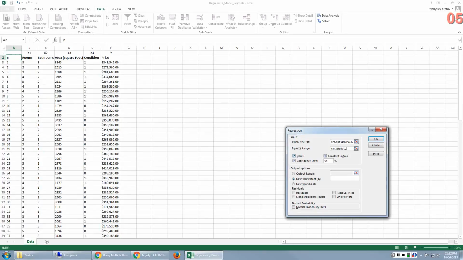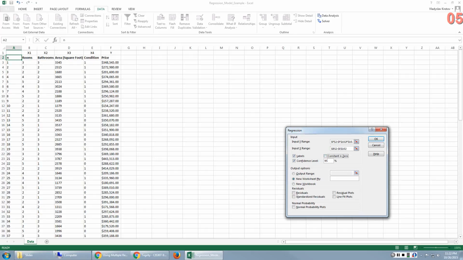Okay, we'll check this option, labels, meaning we want to see labels with those variables, not just their coefficients. Constant is 0, I will uncheck that, so we'll see whether constant is significant in this model or not. Speaking about constant, I think giving this model, if constant is significant, meaning let's say we have a property that